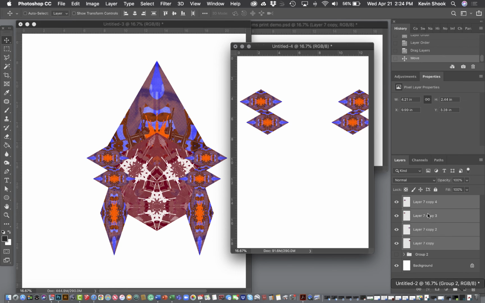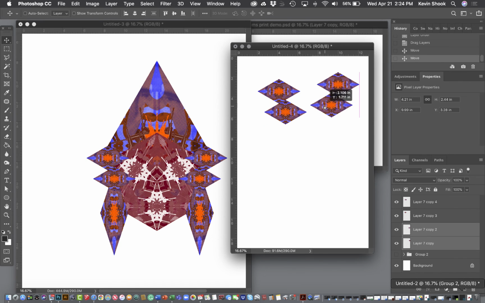But I'd have to move them together. So I'd have to print that separately, cut those out, and then glue them down later. So you're essentially going to have to separate and see how you can be the most efficient with your paper